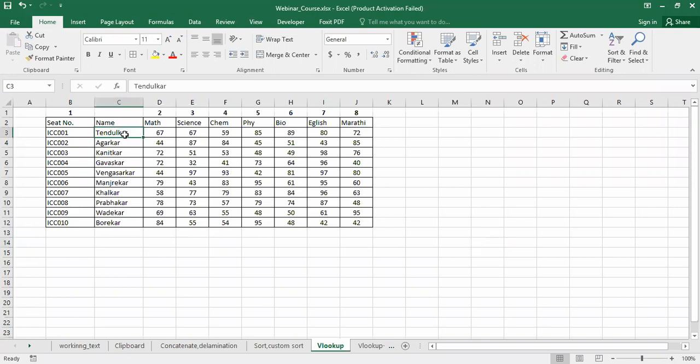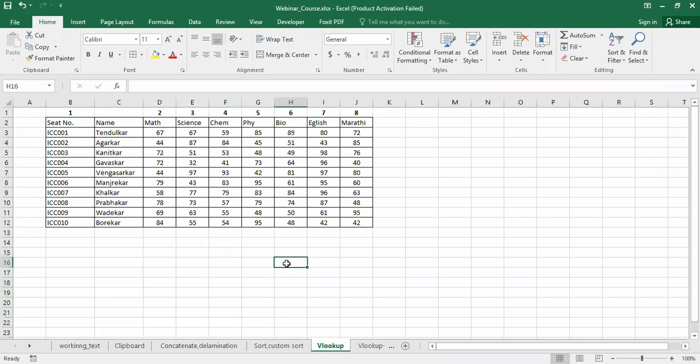Like suppose I have this particular data. I'll tell you the task I'm going to undertake. I have this data. Here I have the names of the students, then subjects and their marks. And some seat number is also there. I want to prepare a report of an individual student, like your mark sheet. It means that now I want here the name of the student and his details only in the mark sheet, not any entry from the other students. I want the details of a single student as a report.